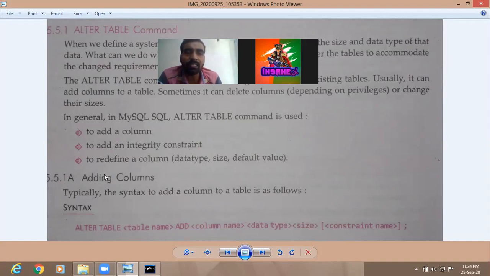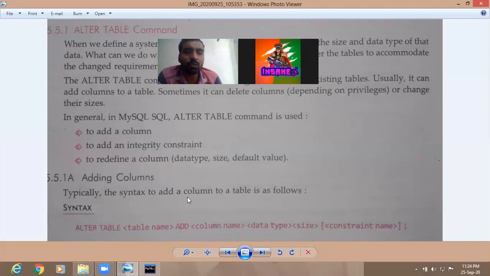So here you can see, first we are going to talk about the first operation, that is how to add a new column in the existing table. How to add a new field. New column means new field. Suppose there is name, class, roll number and marks. 4 fields are there. Now you want to add a new column, new field, grade. Grade field you want to add in the existing table. So how can you do that? So here it is given, first adding a new column.